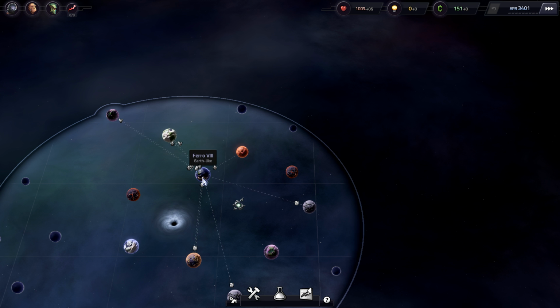So, I do want to say thank you to everybody who pointed out to me that if you mouse over a world and hold Alt, it shows you all of the places that that world can reach with your current level of slipway technology and stuff. So what we could do here is send people out to get...